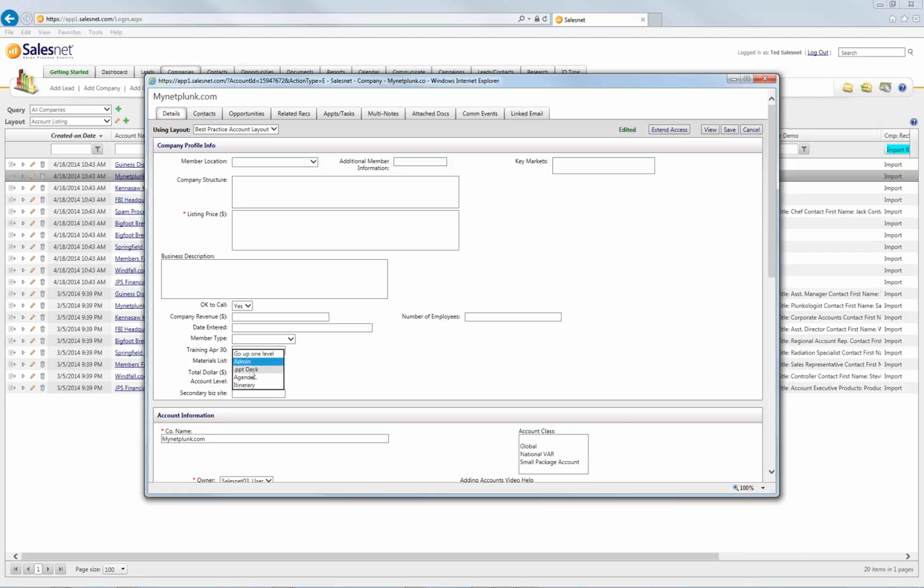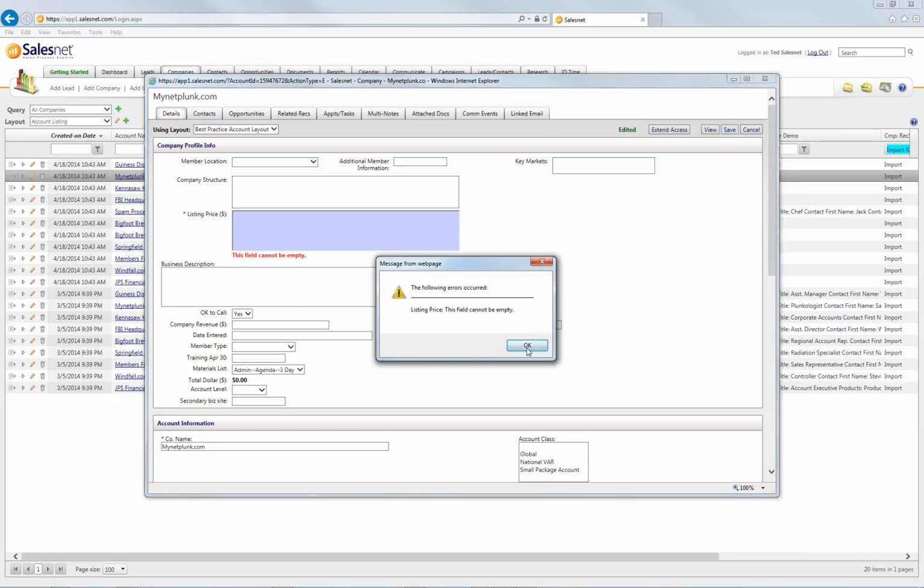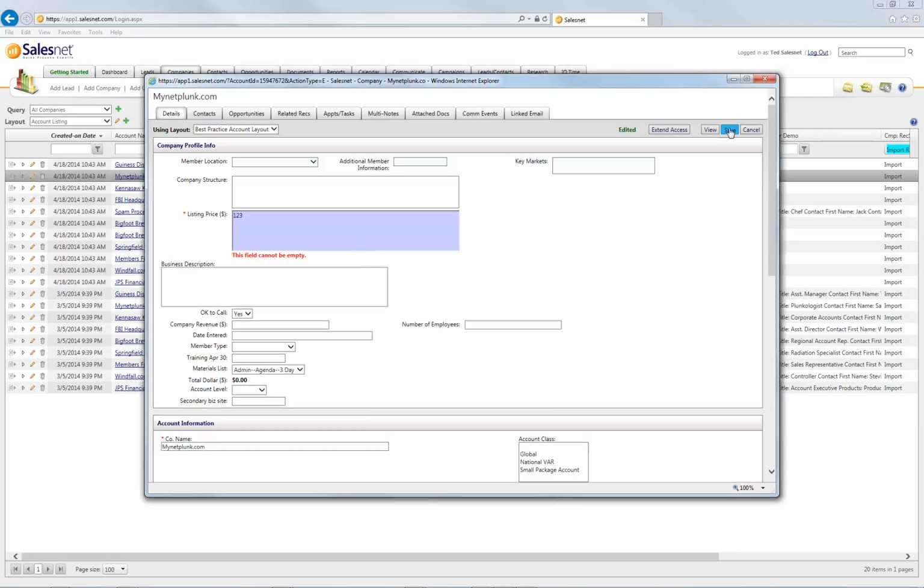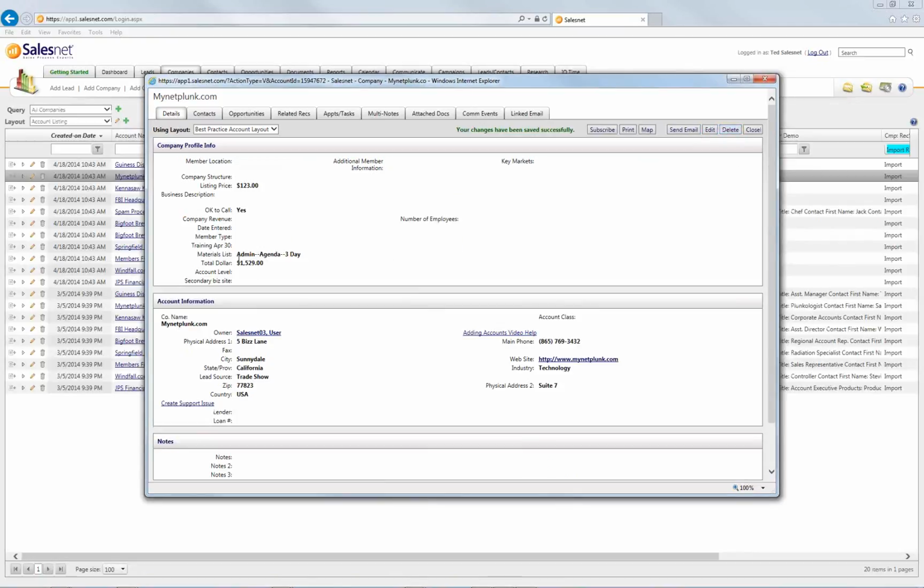And then under admin, I could stop with PowerPoint deck, or I could go on into agenda. And then in the agenda, I could pick the 3-day agenda. The thing I would say about the cascading pick list is it does make a nice picking environment for your